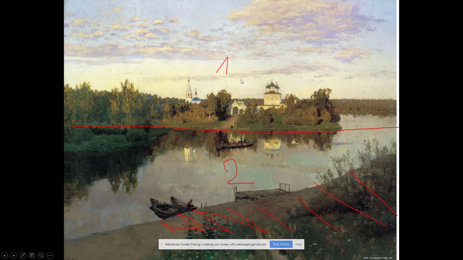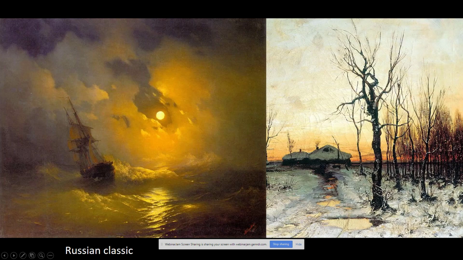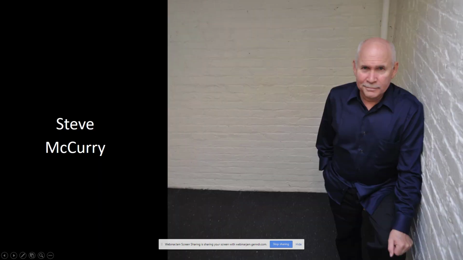We can even divide one image into different parts according to the light spraying across it. Here are more examples with the light as the major personality and an active tool. You see the dramatic sky on the left image, also the winter atmosphere on the right, still Russian classic paintings. And so, until today, we jump to professional photographers,